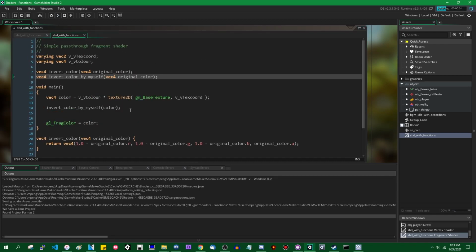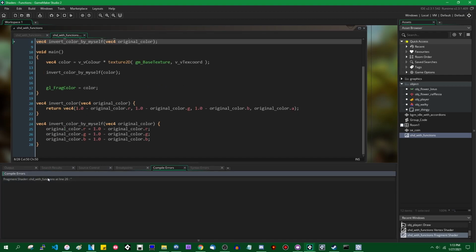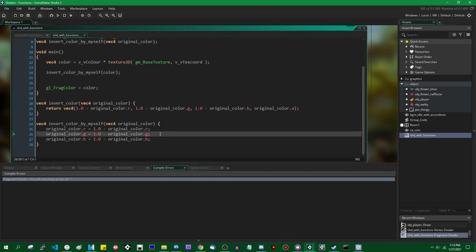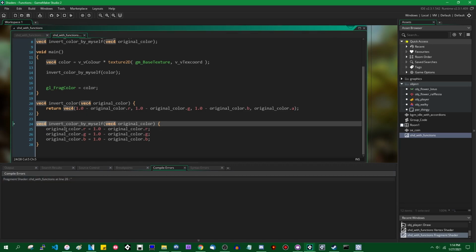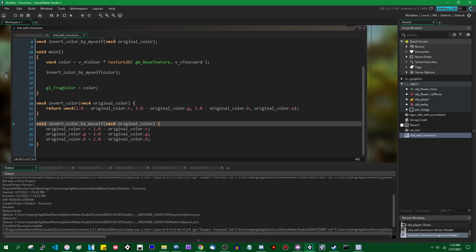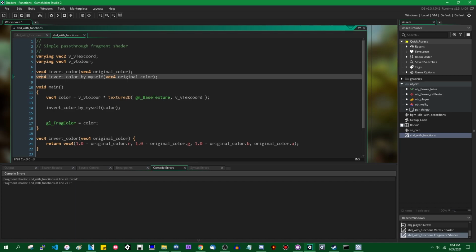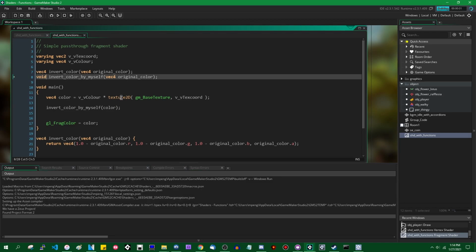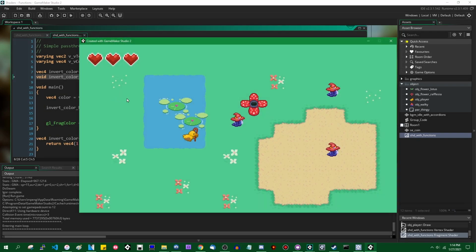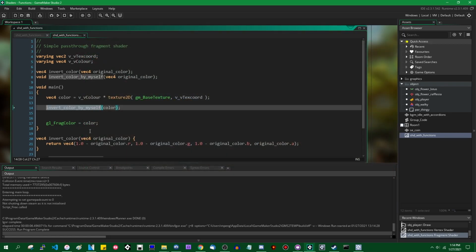So I can run this, and it is going to complain about something on line 26. Oh, that's right. There is no return here. That needs to be void. We can't have a vector 4 function which actually doesn't return anything, because then the shader compiler will say, hey, we need a value here, and we don't have a value to give it. Let's update the function definition also. So the shader compiles, but nothing happens as before, even though we are calling the invert color by myself function